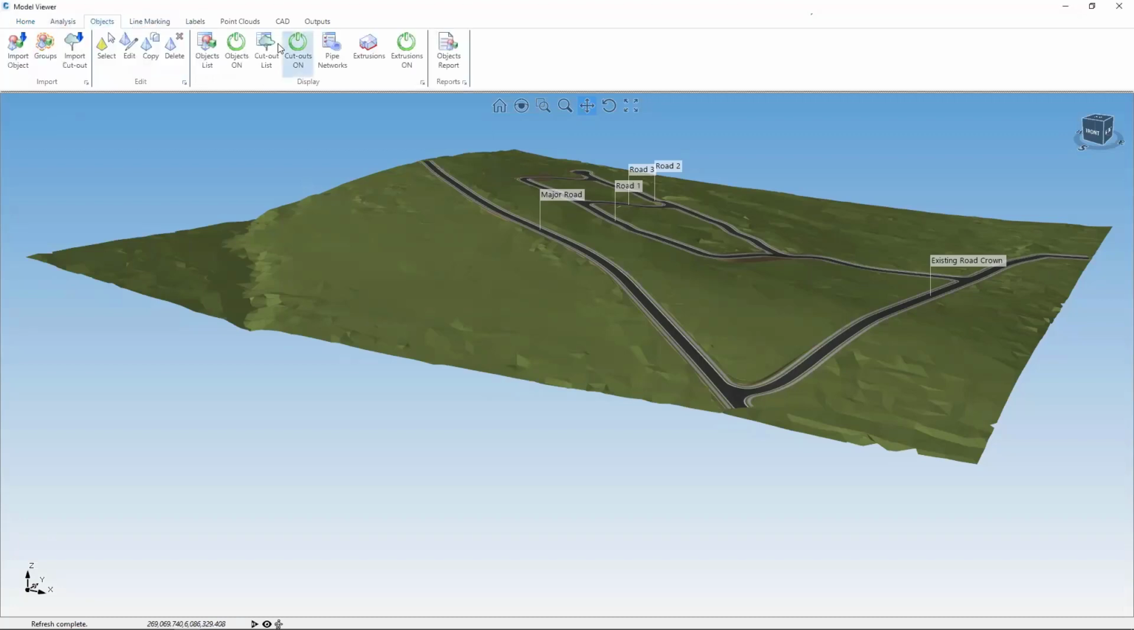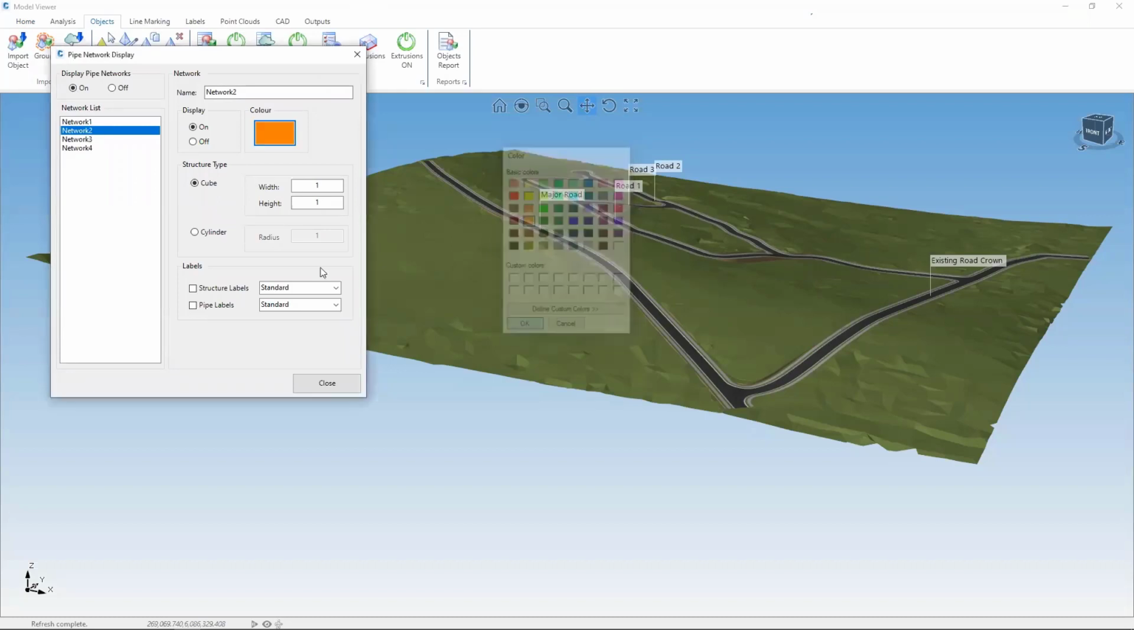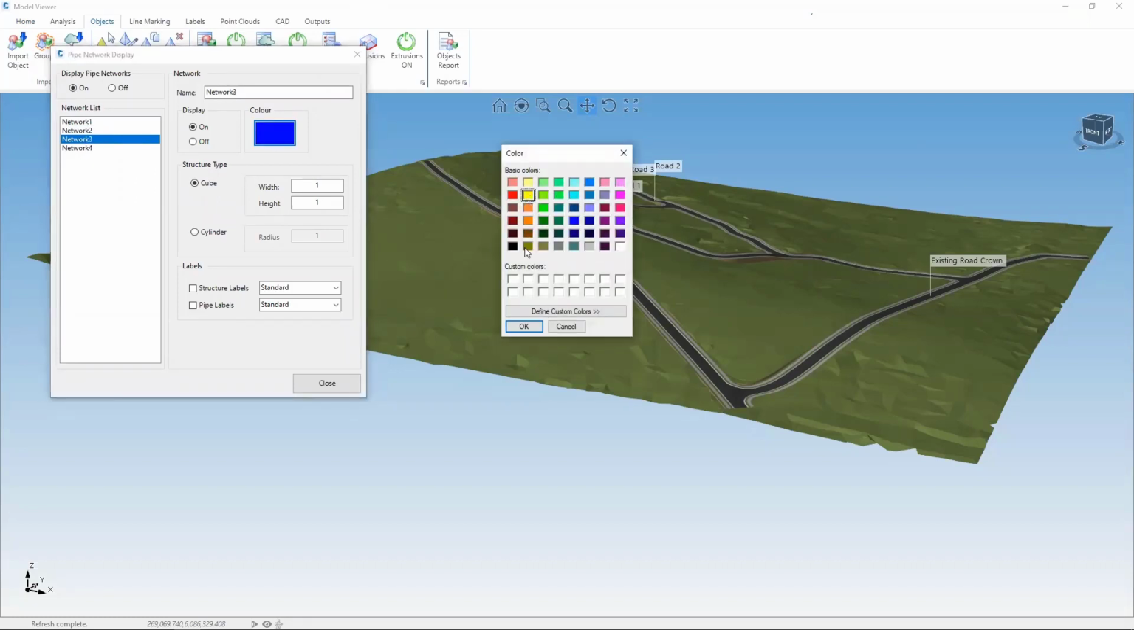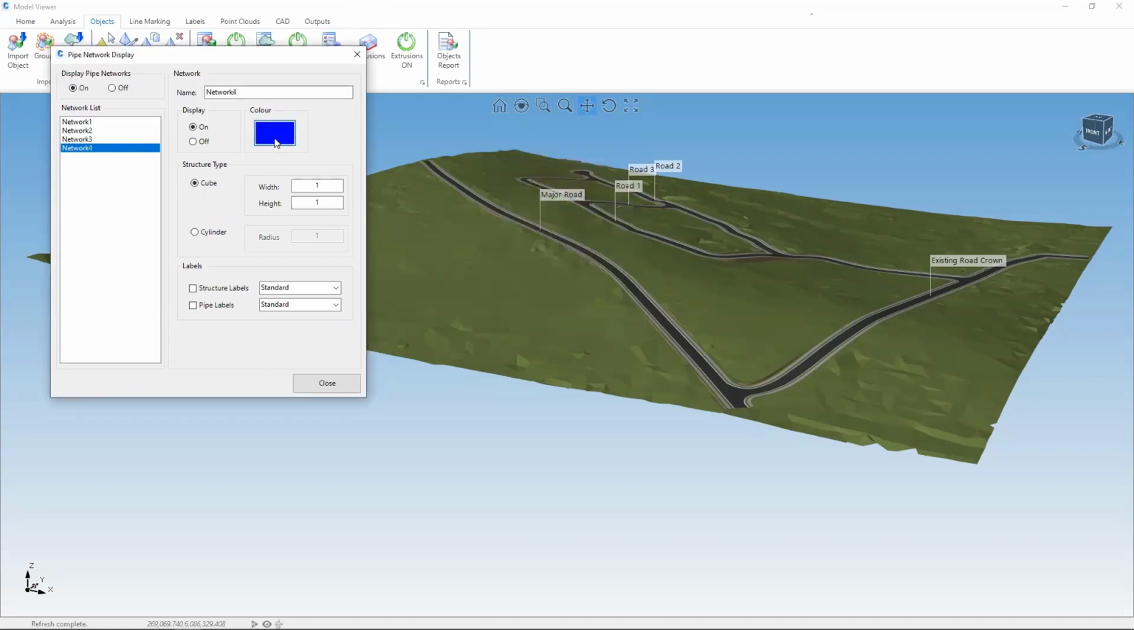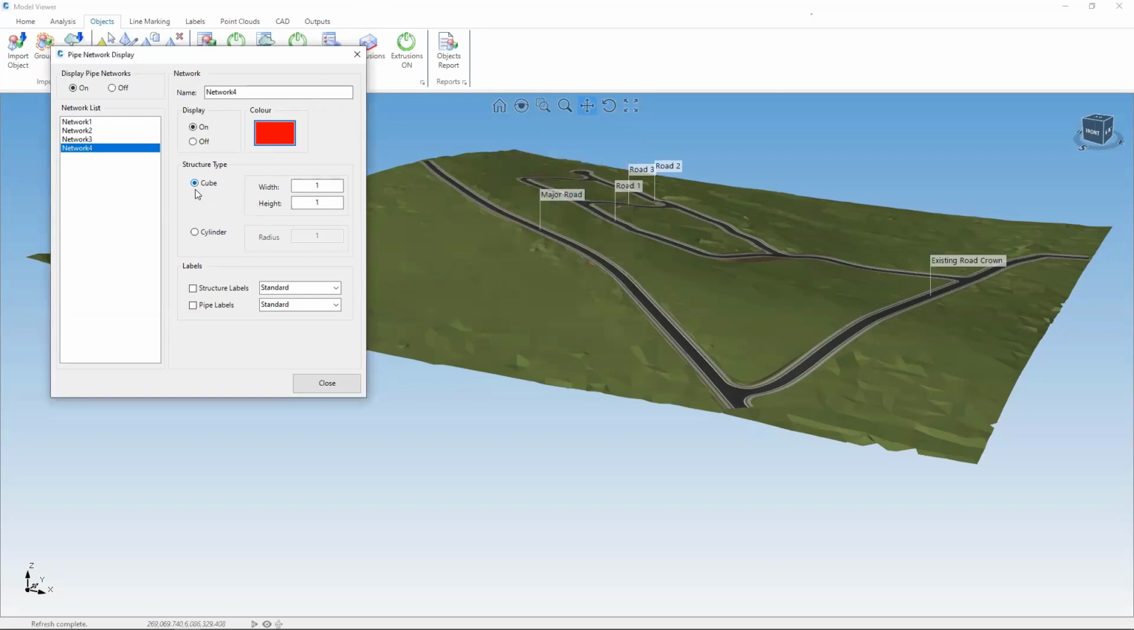If we go to Objects and go to Pipe Networks, in here you can choose to turn on each pipe network. You can give them a different color so they show differently, and you can also say whether they represent as a nominal cube or cylinder. So once I close this,